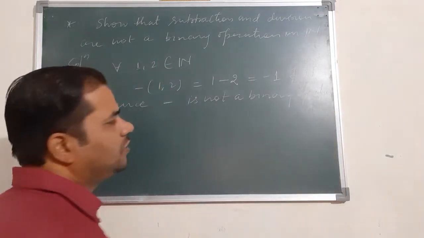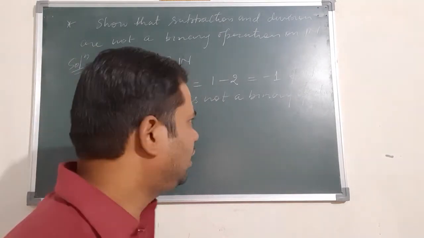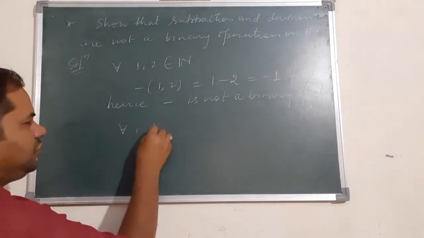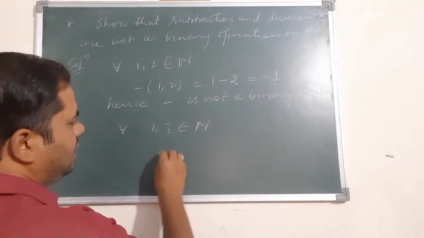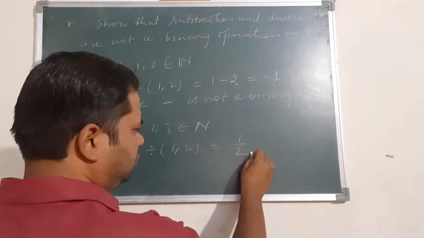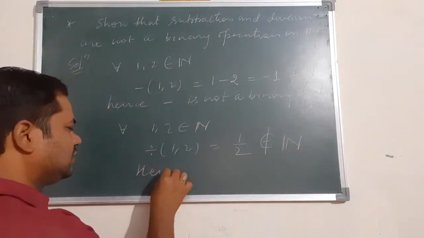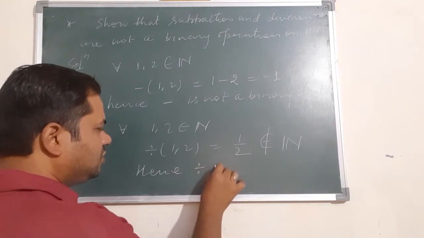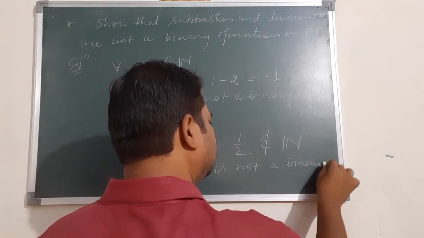Not a binary operation. Okay. Similarly, if you see subtraction and now division, suppose we take division. For each 1, 2 belongs to natural number, and division of 1, 2, that means 1 by 2, does not belong to natural number. Hence, division is not a binary operation